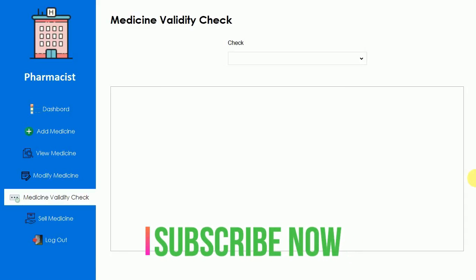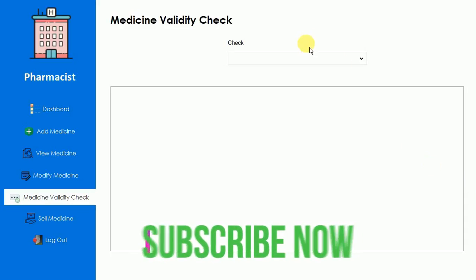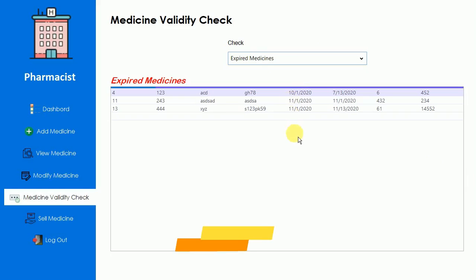In the previous video, I showed you how to design this user control, that is medicine validity check, and how to write the backend code for this. So if you have not watched my previous video, then just go to the description, where I put the link, or you can simply click on the suggestion on the right side of the screen. Okay, so in this video, I am going to show you how to design for this one,